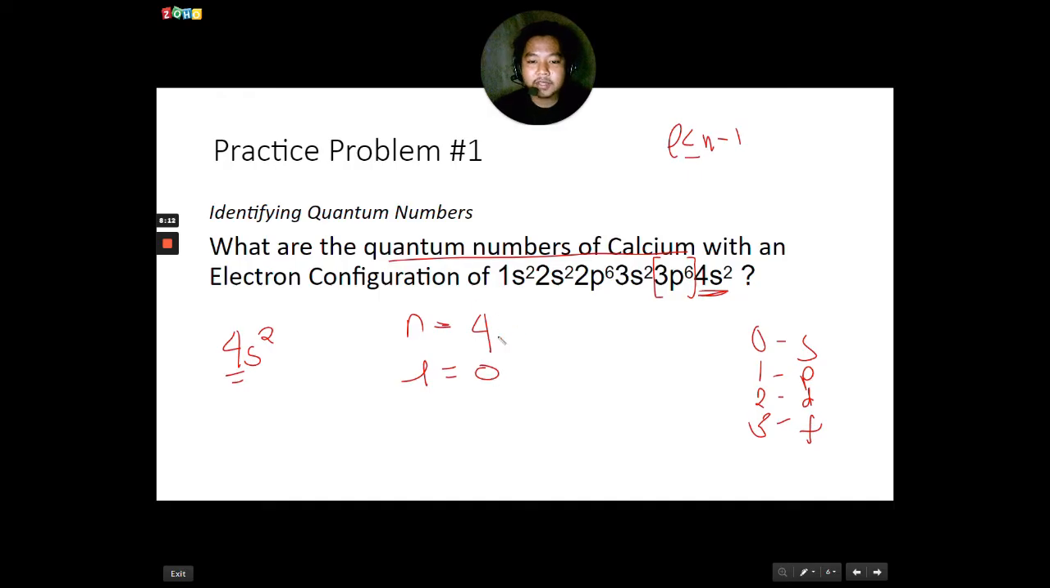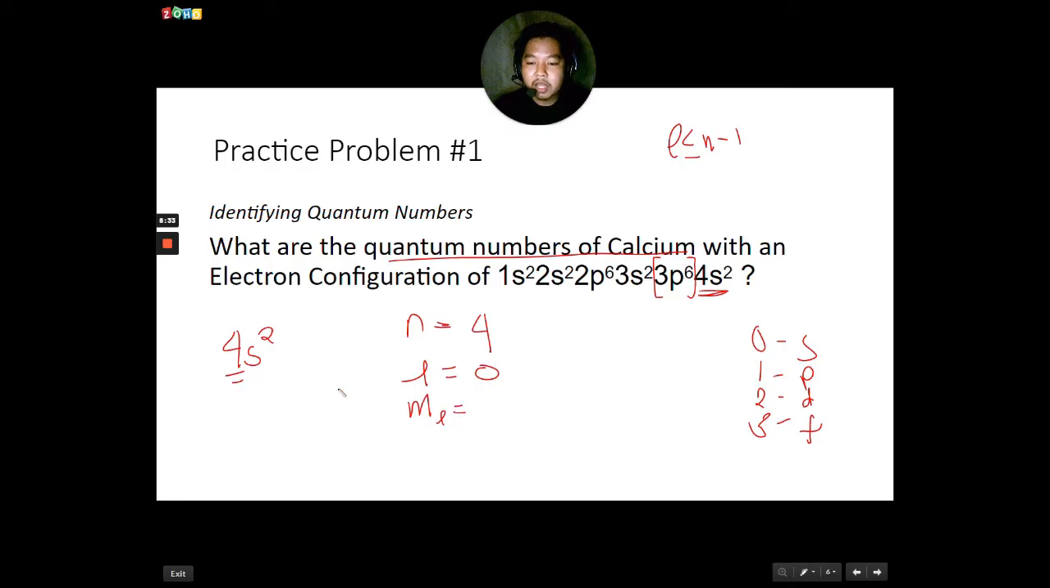So pag may nakita kayong set of quantum numbers na parehas ang N tsaka L, automatically that's wrong. No? That's a wrong set of quantum numbers or it does not exist. So that's your N and L. You have the first two sets of quantum numbers. Now, the ML, no, M sub L,